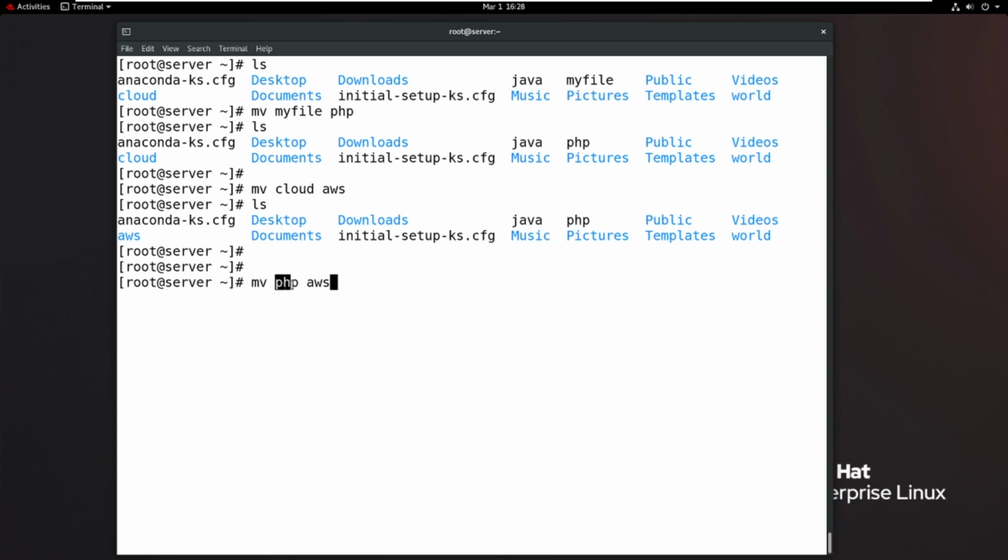When the source is a file and the target is a directory, it is called cut and paste. When the source is a file and the target file name is new, it is a rename. When the source is a directory and the target is a new directory name, it is a rename.